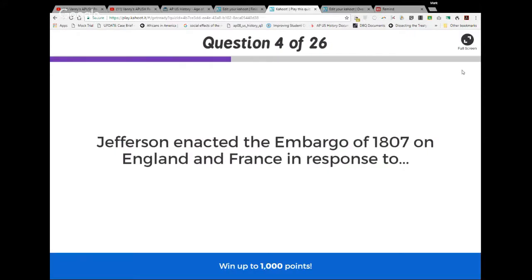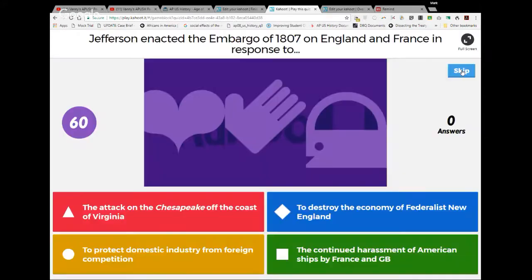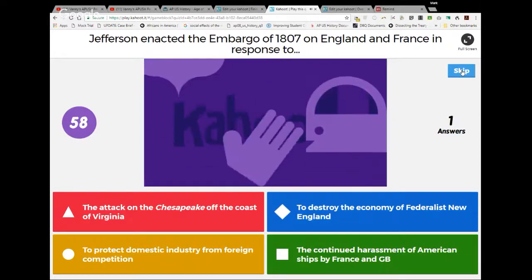Jefferson enacted the embargo of 1807 on England and France in response to